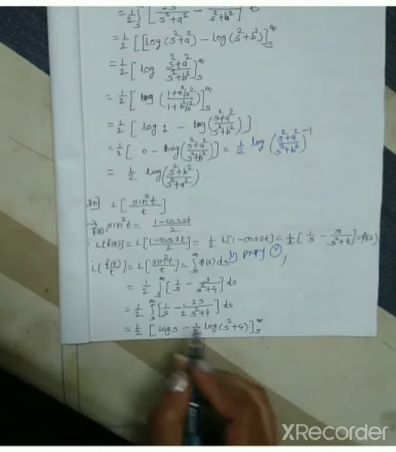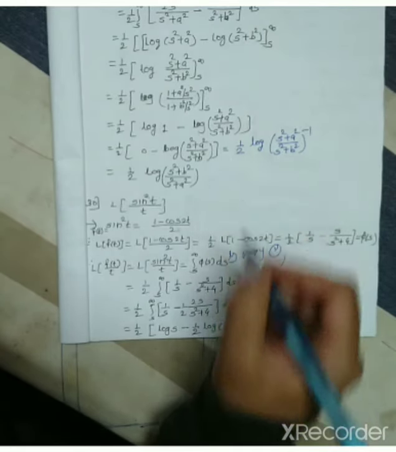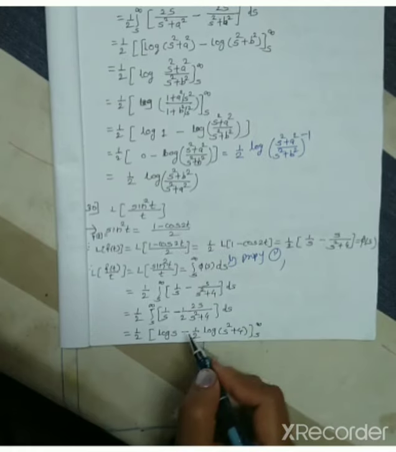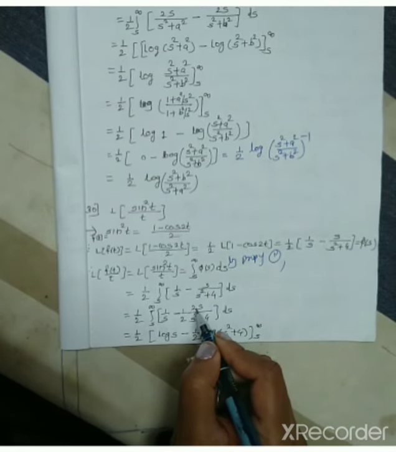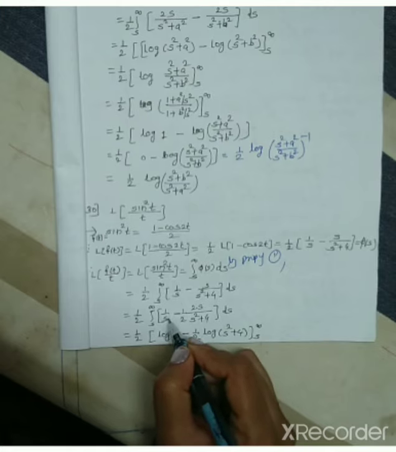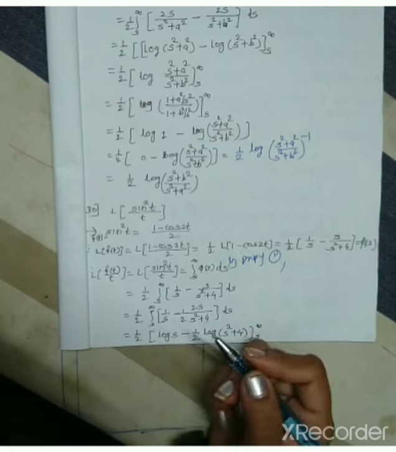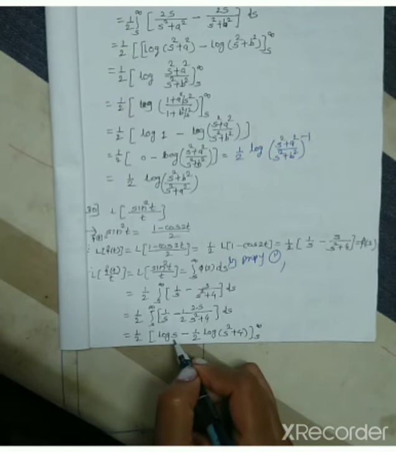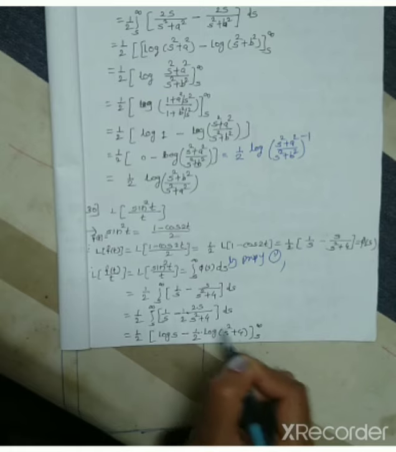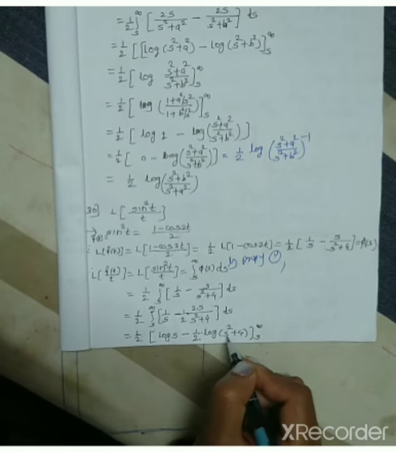Okay, now like in the earlier example we have to adjust 2. That's why in the next step we are going to adjust 2 and half outside. But here we don't need any adjustment because integration of 1 upon x is log x. That's why it is log s, and minus this half as it is, and integration of this is log of the denominator s square plus 4.